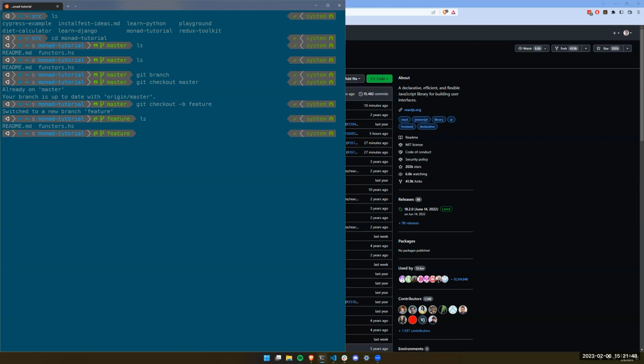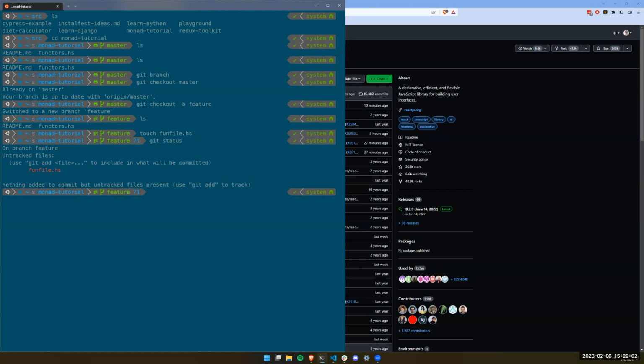So I could say something like touch funfile.hs. I don't even think I need to add anything to it. If I just say git status, it's going to say, hey, we have this new file. So I'm going to say git add that file, git commit -m new feature.